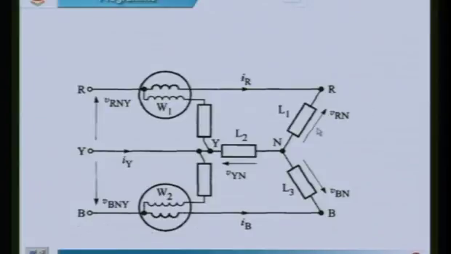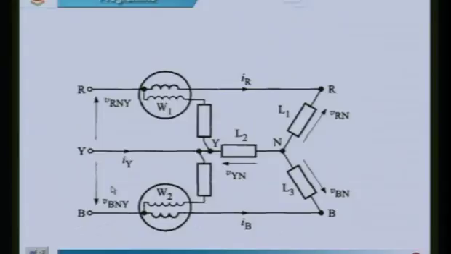See here, in the diagram, I have this as VRN, this as VBN and this as VYN. I want the voltage VRY, that means the voltage from here up to this Y point. The direction of VRN and the direction of VYN are opposite, therefore I take the difference of these two voltages to find VRY. Similarly, for VBN and VYN, VYN is opposing VBN, therefore VBN minus VYN is equal to VBY.